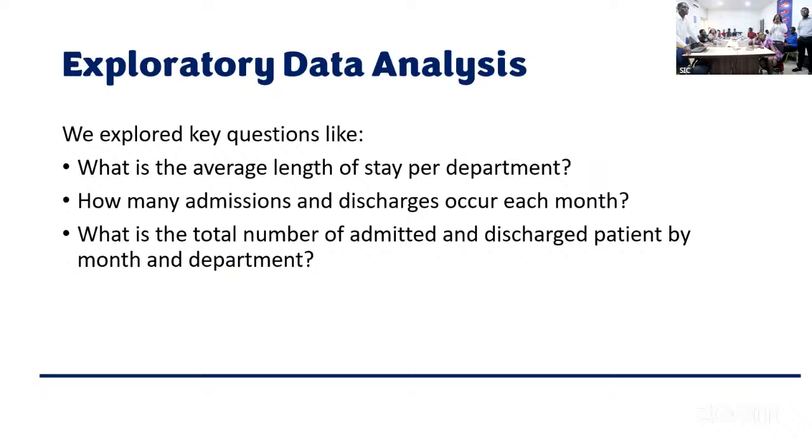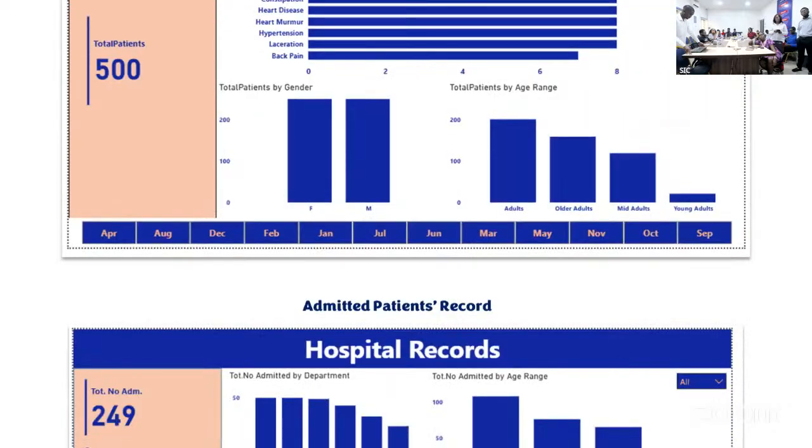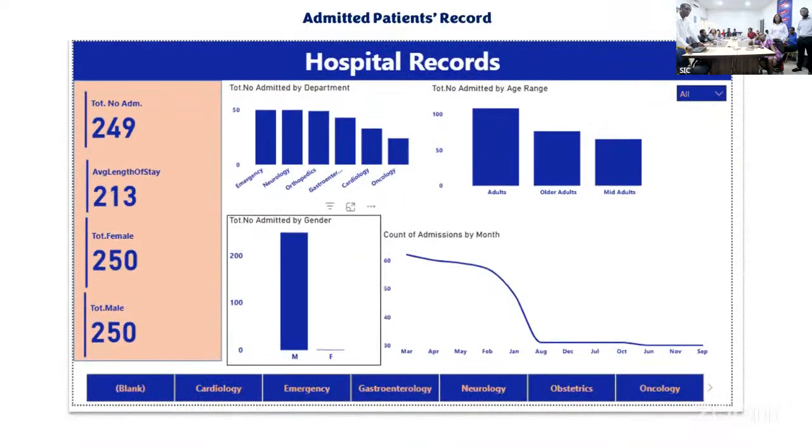And the total number of admitted and discharged patients by month and department. So here we have a chart that shows the total number of admitted patients by department: oncology, cardiology, orthopedics, neurology, and emergency. The emergency department has the highest amount of admitted patients. Then for the